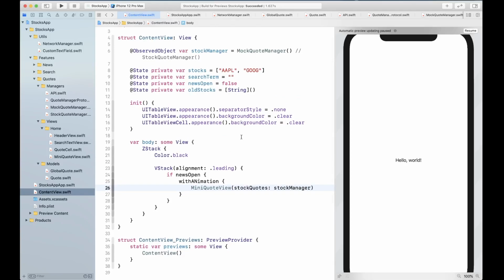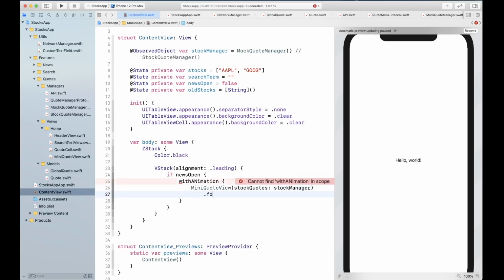So there's not going to be multiple calls. There's going to be one call that is going to cache all the codes, and if we pass the same instance of stock manager to our mini quote view, it's going to use the same values that have been cached for us. Okay, now we're going to give it a foreground color to be white,